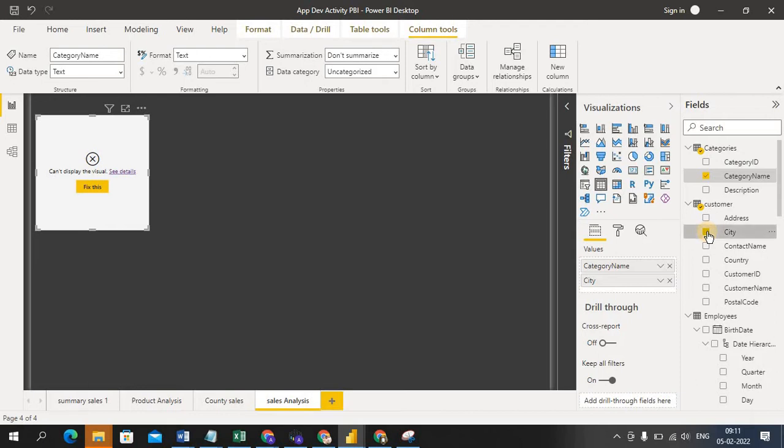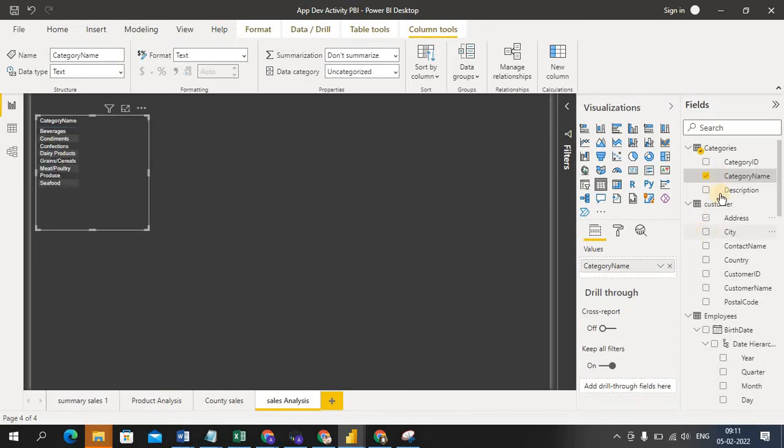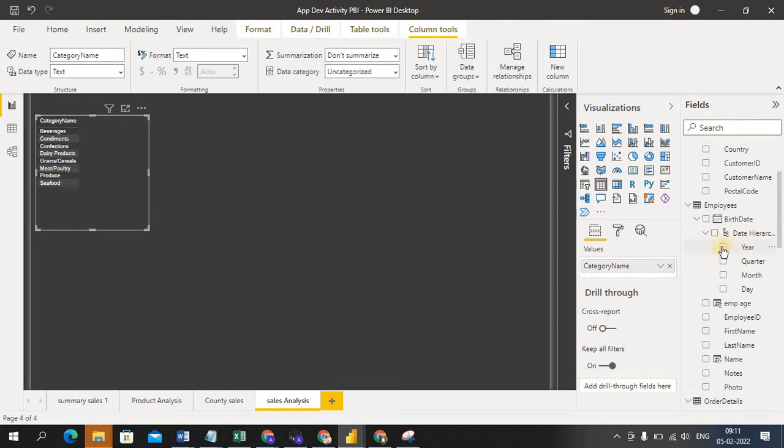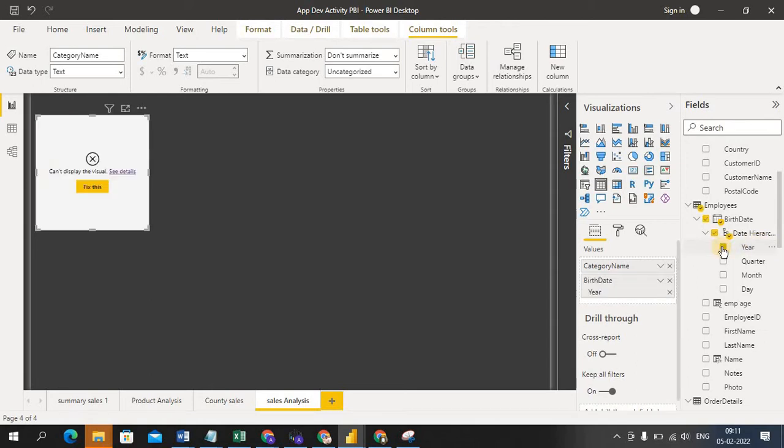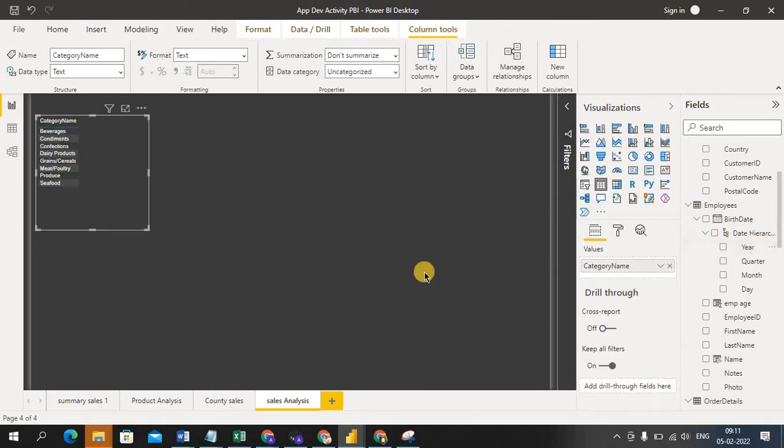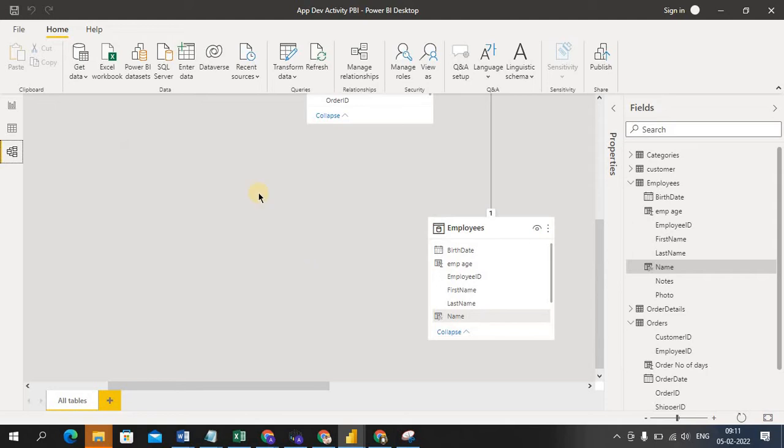So it's not supporting because there is a connection issue between these two tables. Next I'm selecting here, so this also not. So we'll go and check in data model why that columns not supporting.